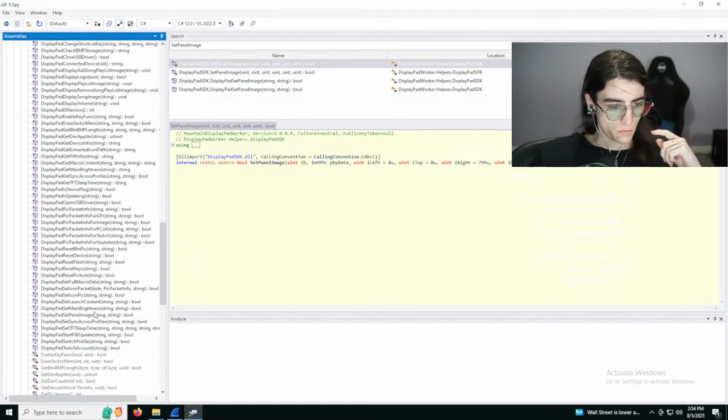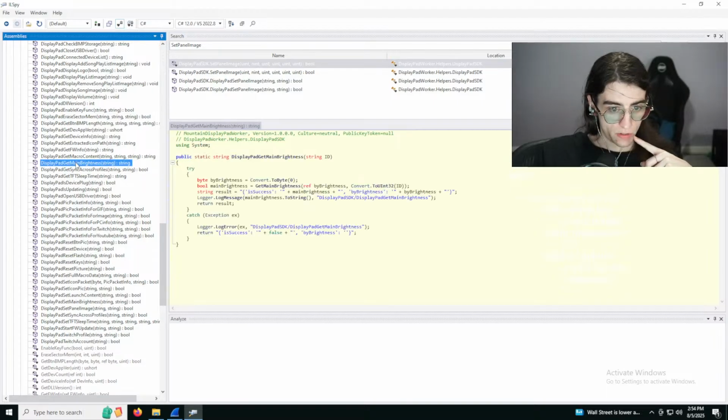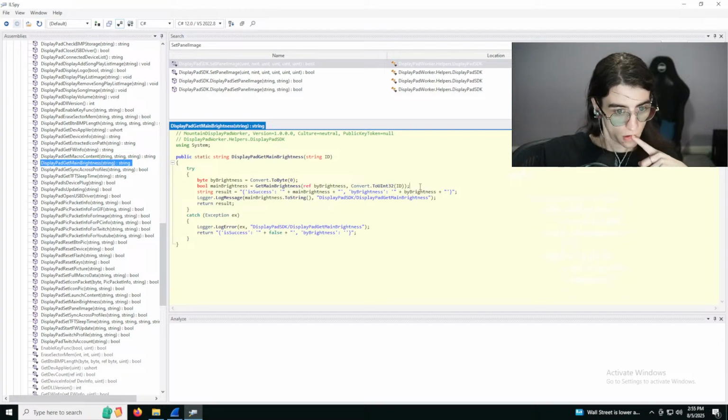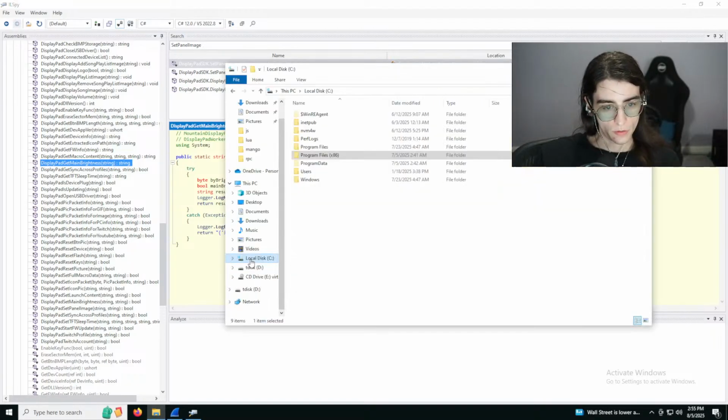So we want to mess with the brightness, right? Let's see, get main brightness. So there's a get main brightness function that they call within the DLL, and they reference it by brightness convert, and that's the device ID. Okay. And then if we go into